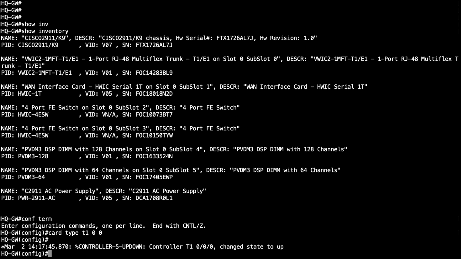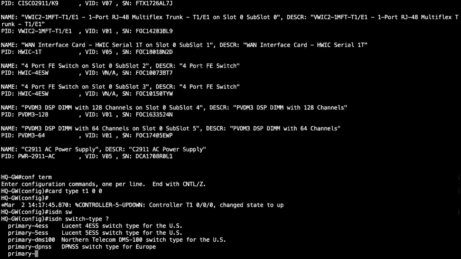And in the real world, you'll want to talk to your service provider and ask, what kind of ISDN switch do you have? The way I have it set up in my lab, I'm using just kind of a generic North American ISDN switch type. I need to tell the router what kind of switch we're going to be talking to. I'll say ISDN